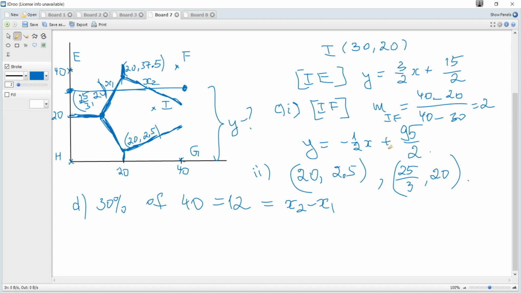IF is this line, and x, how to find x, to the left and multiplying by 2, so x becomes 95 minus 2y, and it's actually x2, and x1 belongs to this line which is the perpendicular bisector of EI, this one, and it becomes 2 over 3y